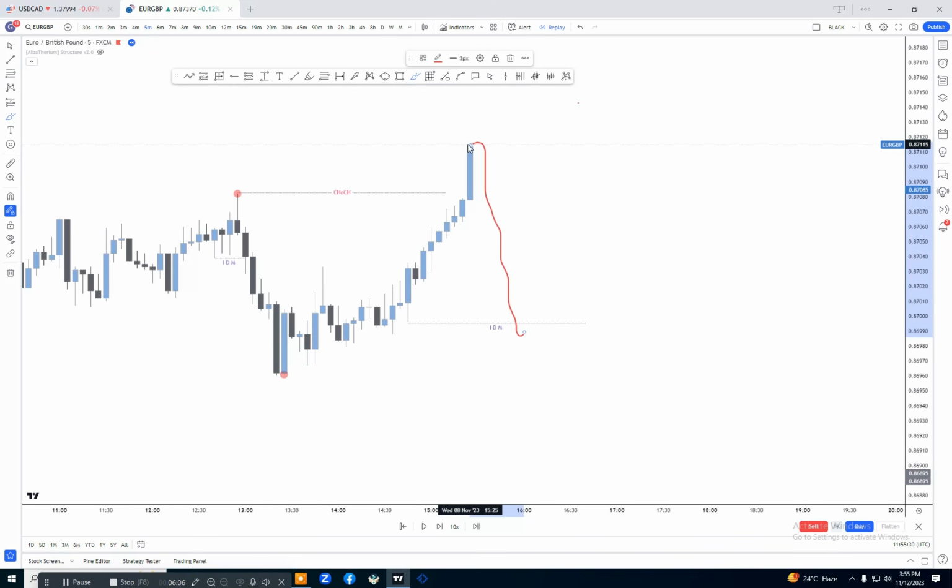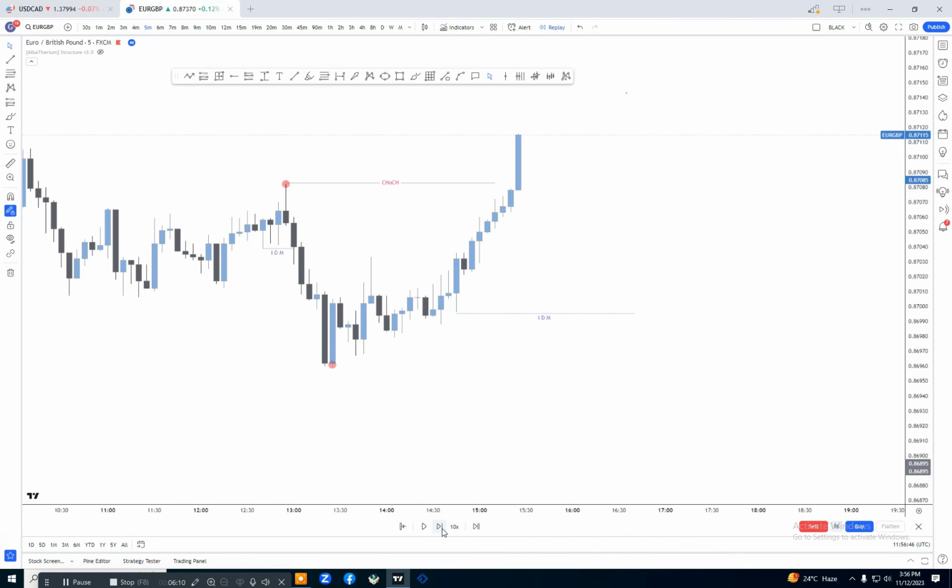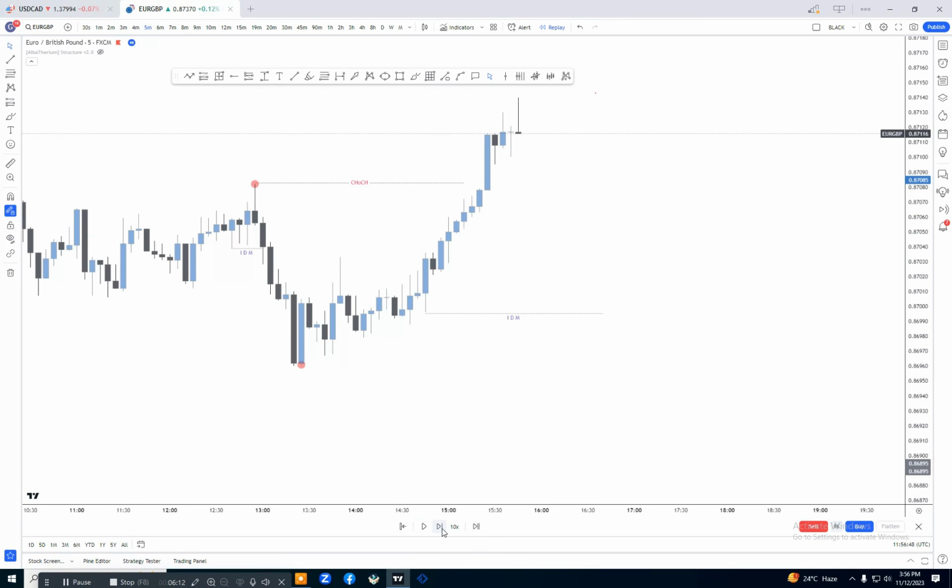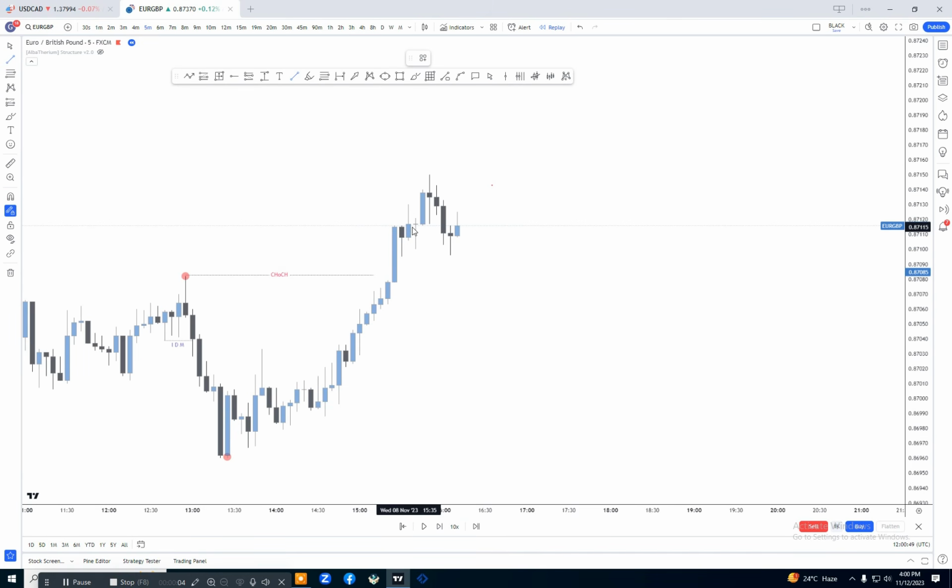Now let's see what happened next in the market. If we see here, the market continues pushing to the upside. Now you can see that this candle low has taken out the previous candle low, so that means that is a valid pullback. This is our valid pullback, and after taking out the low of the previous pullback, our higher high is confirmed. You can see here with that candle the market has successfully taken out the low of the previous pullback. With that our higher high is confirmed here.